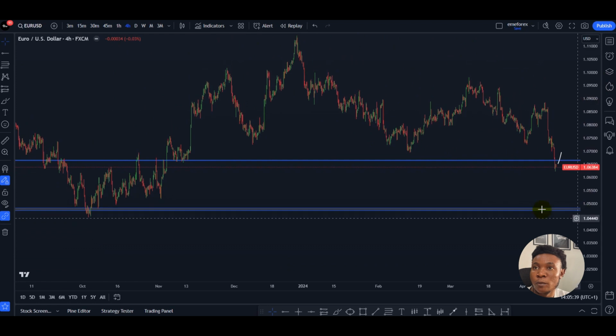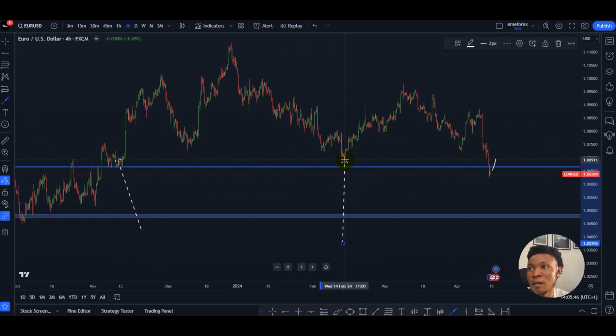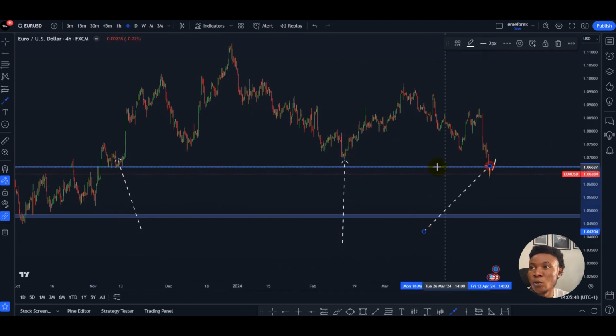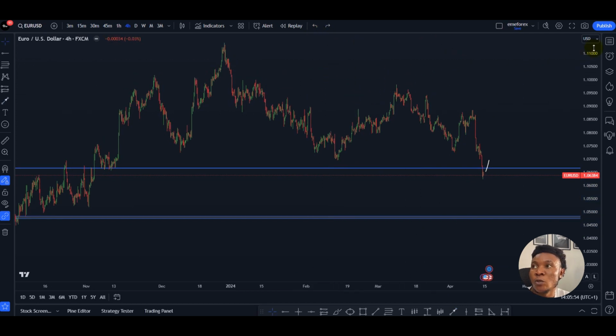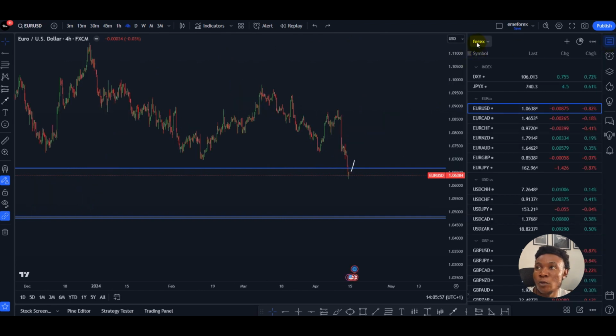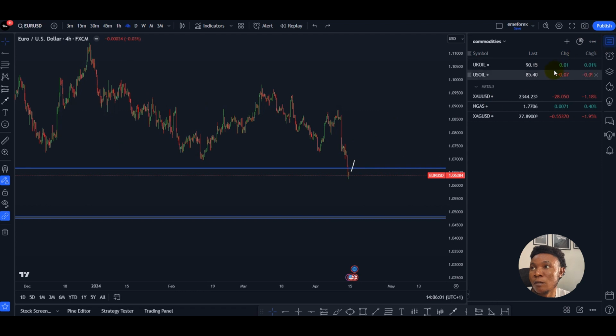The reversal could be triggered based off this level, what we have here, here, and also here. So these are what we could expect for the week on Euro USD. So away from Euro USD, if we take a look at what we have from the commodity side, look at